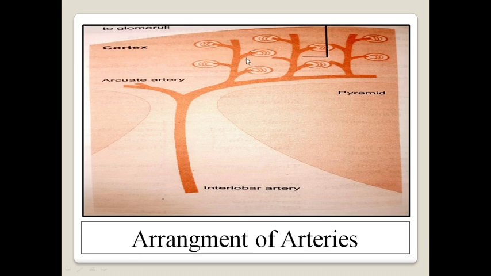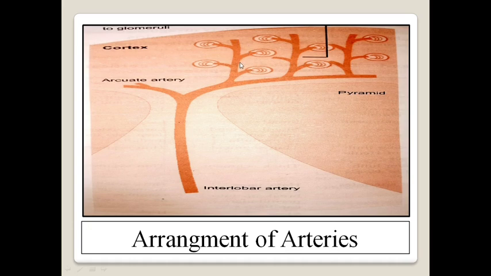So this is the most important artery, the afferent arteriole, that basically originates from this interlobular artery, that is the perpendicular branch of the arcuate artery. So this is the blood supply to the kidney, and after that this interlobular artery runs perpendicular into the cortex. They divide the cortex into small lobules and form the capillary plexus just beneath the surface of the kidney. Clear? So this was the arterial arrangement of blood supply to the kidney.